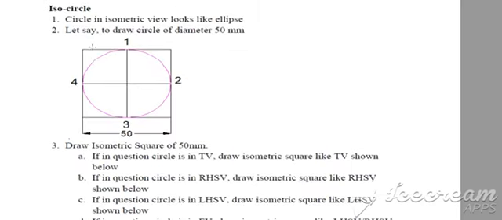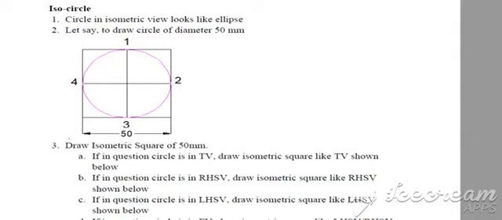Before going to the second numerical, let's start the isocircle. That means if the circle is there in a two-dimensional view, it won't be visible as it is, that is, in three-dimensional view it won't look like a circle, instead it will look like an ellipse. So how to draw that ellipse in a